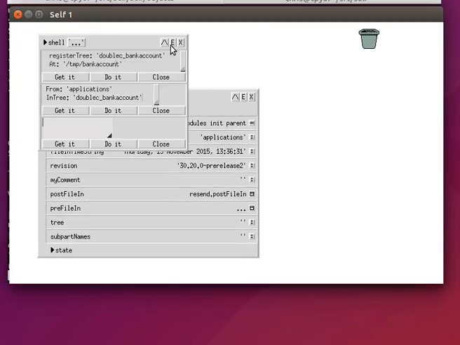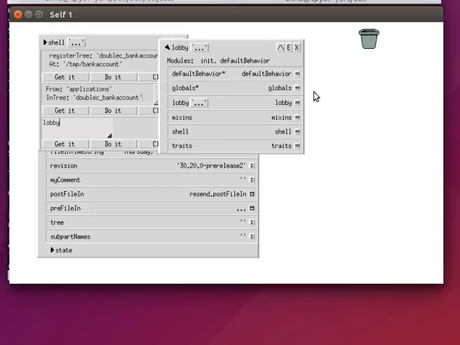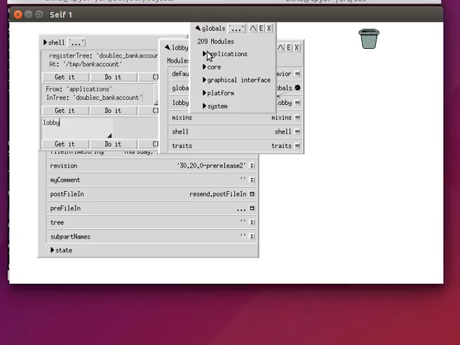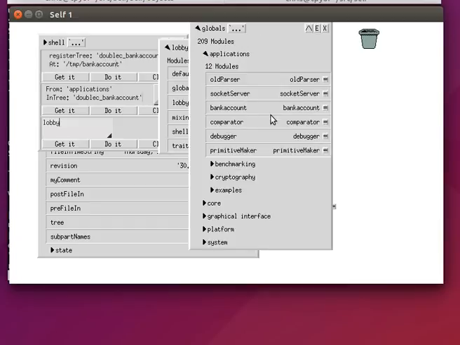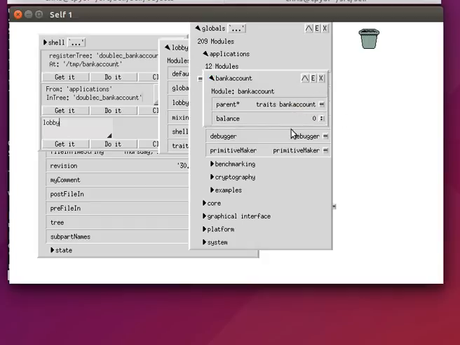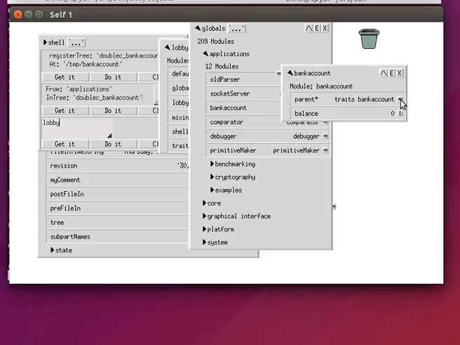Let's have a look. Lobby. Get it. Globals. Applications. And you'll see the bank account object with its traits, balance and everything set as expected. Let's have a look at the trait. It's there,